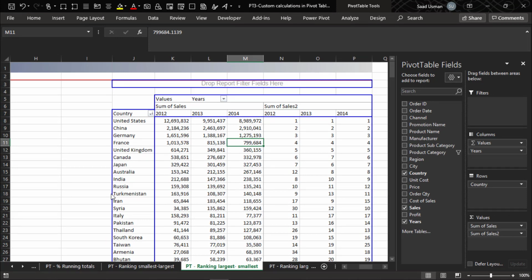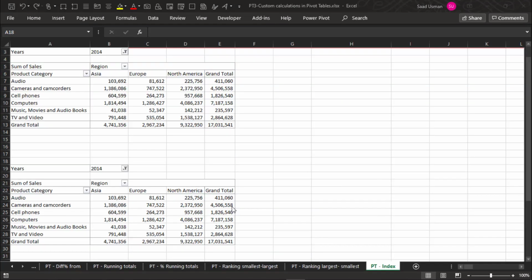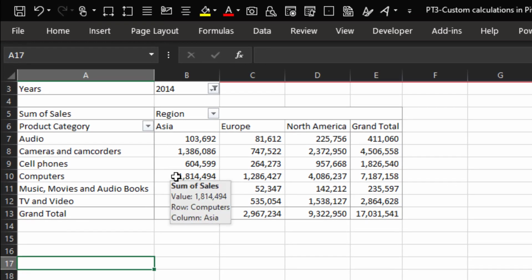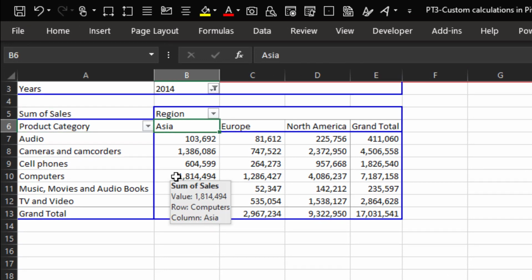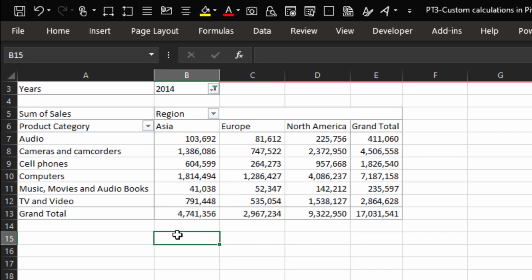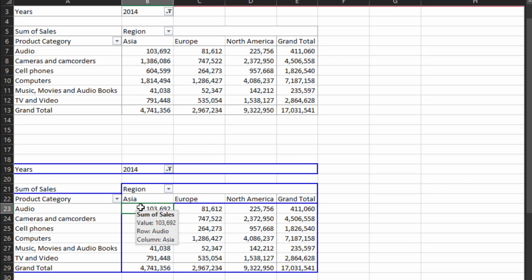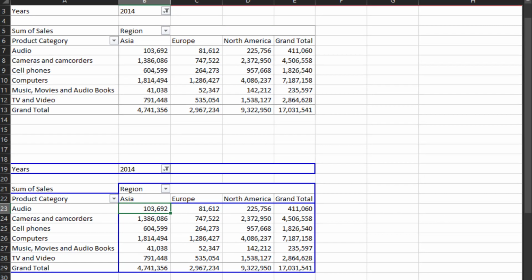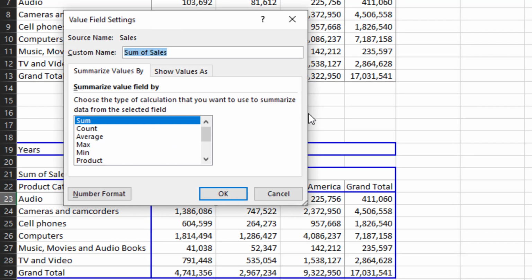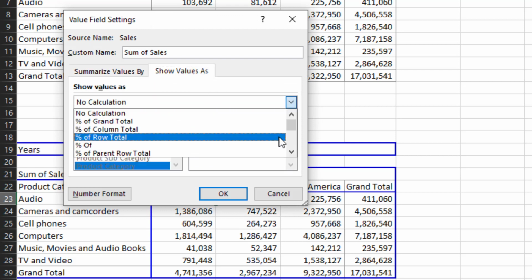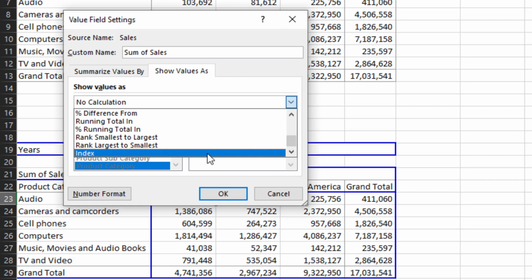The last example in this pivot table custom calculations video is the index function inside of pivot tables. In the first pivot table we have sales values for each product category across each of the regions. The index function basically calculates the relative importance of each of the figures inside of the pivot table relative to its rows and columns. Let's first calculate index and then I can explain how it's calculated. So in the next pivot table we are going to use the same value sales and go to value field settings, show values as, and from the no calculation I'll go to the bottom and choose index,